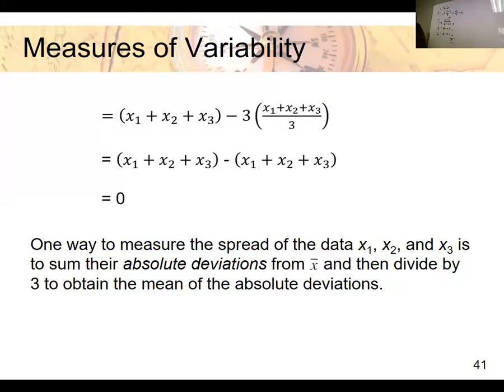So that's why it's like that. So one way to measure the spread of the data is to take the sum of their absolute deviations from X bar and then divide by 3 in order to obtain the mean of the absolute deviations. So on this next slide,